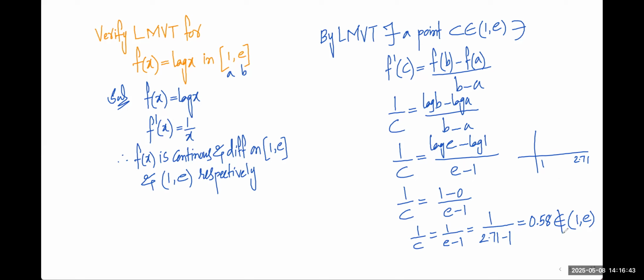Not does not belongs to 1 comma e. सर उसके बीच में ही आ रहा है 0.51 के बीच में, कहाँ से आता है, आउटसाइड हो जाता सर। बट इट डज बिलोंग, ओके हाँ यस सर, या कुछ भी नहीं होता, नो प्रॉब्लम, 2 मार्क्स का क्वेश्चन है। Lagrange's मीन वैल्यू थ्योरम नॉट एप्लीकेबल।